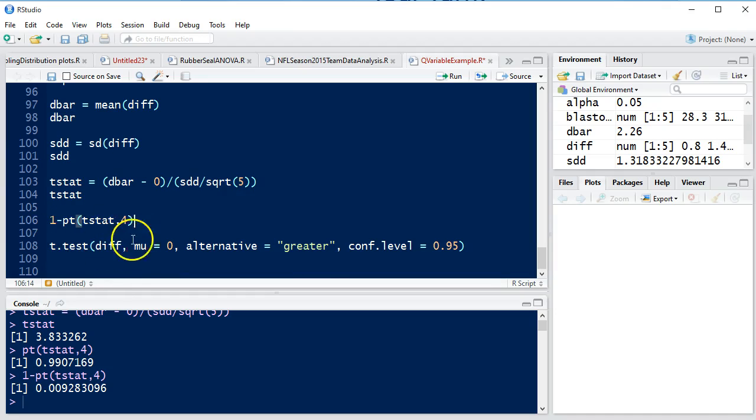Another way that we can do this hypothesis test is using the t.test command, where we do t.test of the differences. Our hypothesized claim is that mu is equal to 0, so the average is equal to 0. The alternative is going to be greater, and our confidence level will be 0.95. So if we run this line,